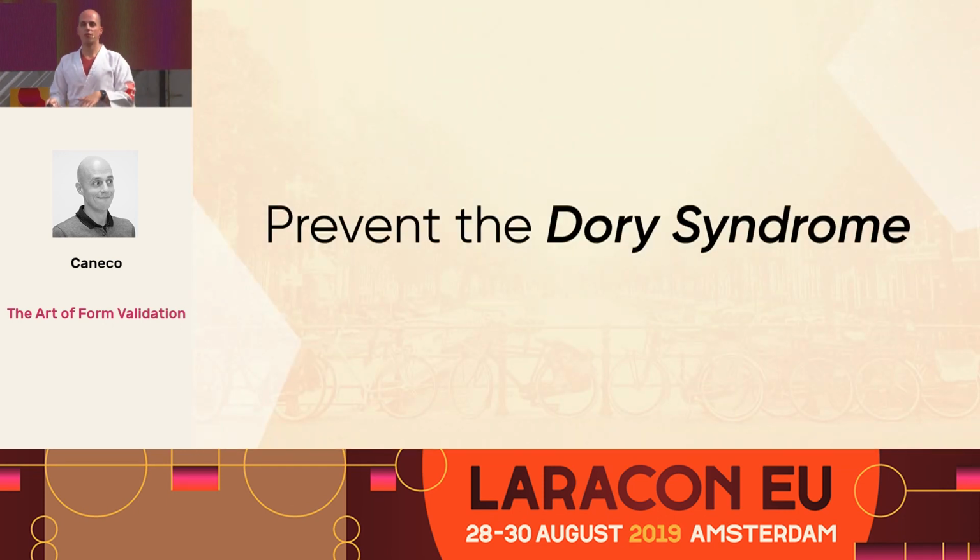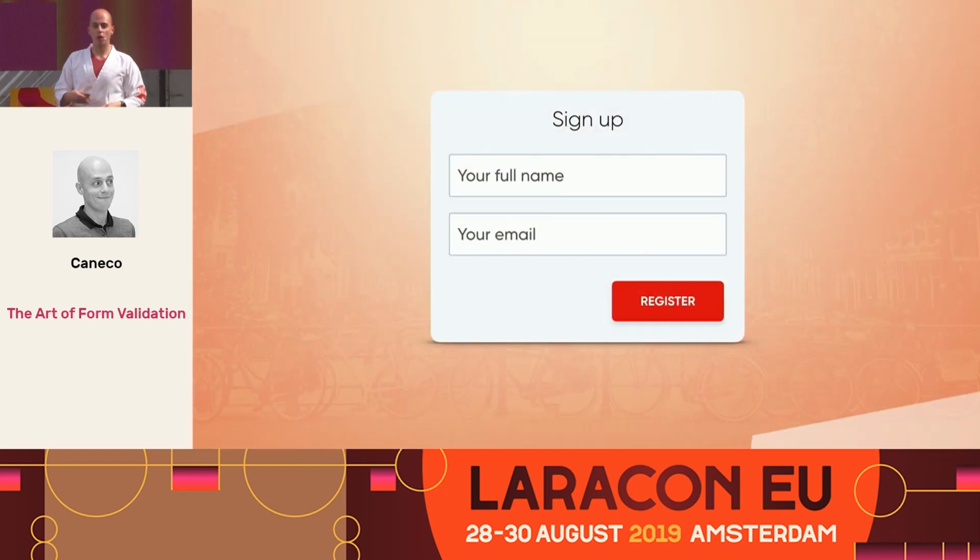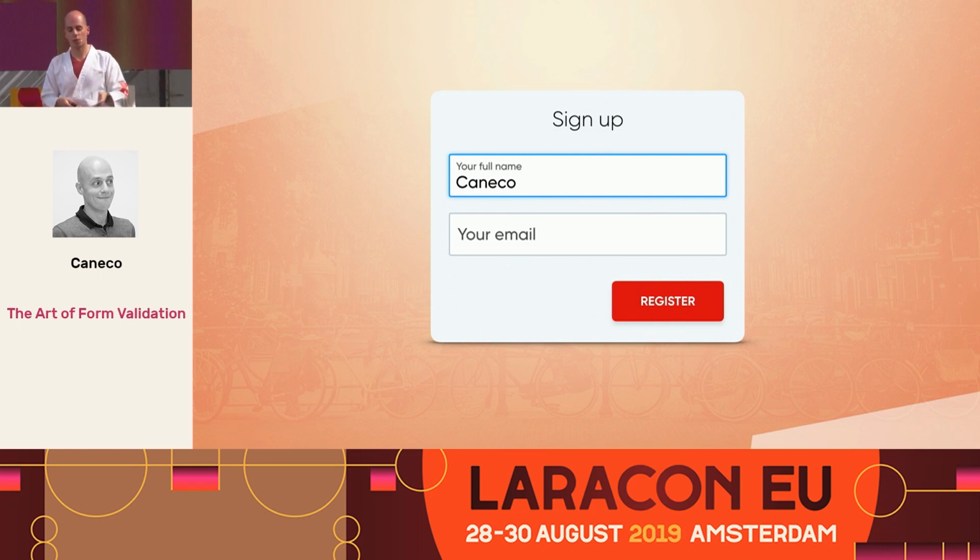And we want to prevent the Dory syndrome. Users forget really quick what they are doing because they are in a hurry. They want to check out Twitter. So what you can do instead is this. You might have seen it around the place on Stripe, for example, that floating label. The label actually floats on top of the input field. And then you can even use the label as a reference for the errors if they happen.